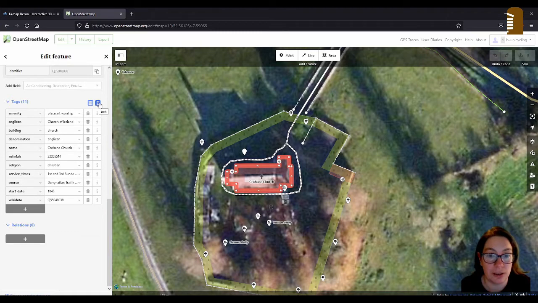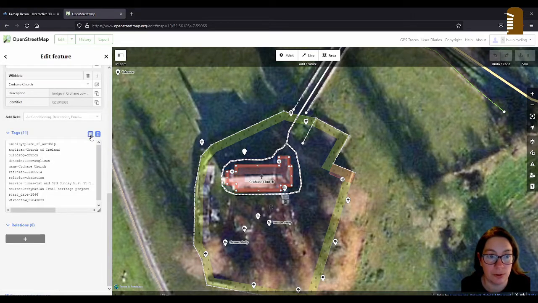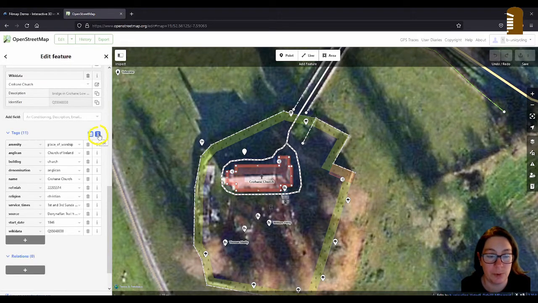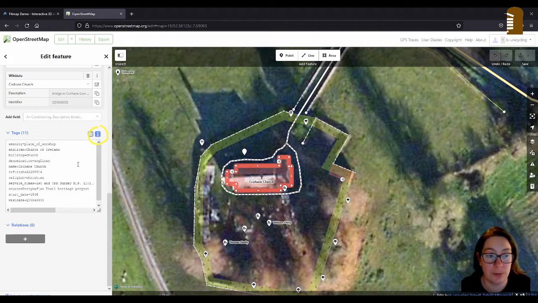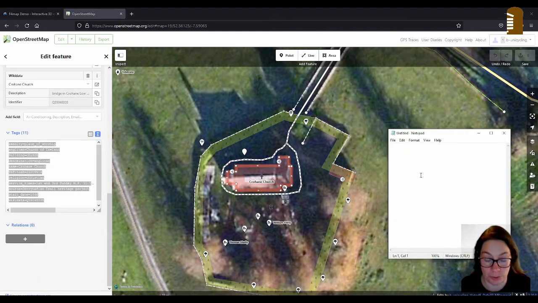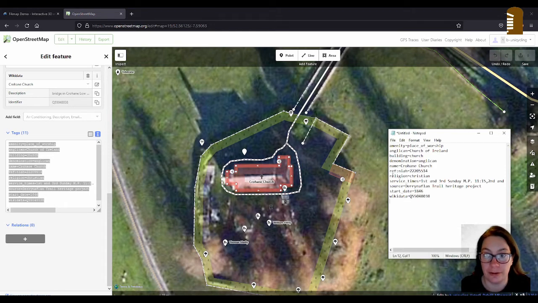You click on this little symbol here that changes it into a text box, and you just copy and paste them all into an editor, just to have them safe, because we might have to draw the whole thing again, and it's neat to have them all here and then be able to paste them back.